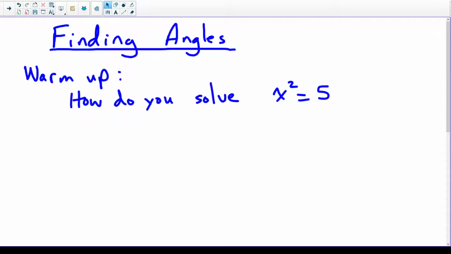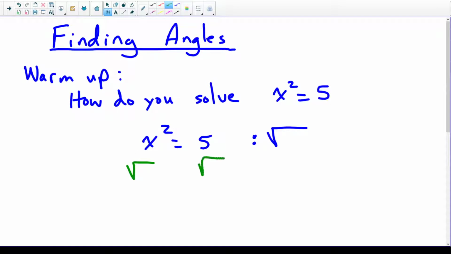So if you're trying to solve something like x squared equals 5, you need a way to undo that square. You can't divide by 2, you can't subtract by 2, you have to do something special to the 2 to get rid of it so that the x is all by itself. And the anti-function to an x squared is a square root. So if we square root both sides, and again, whatever you do on one side of an equation you have to do on the other,